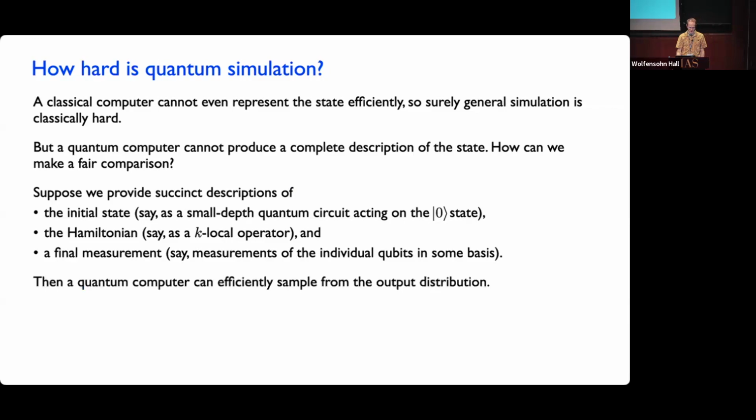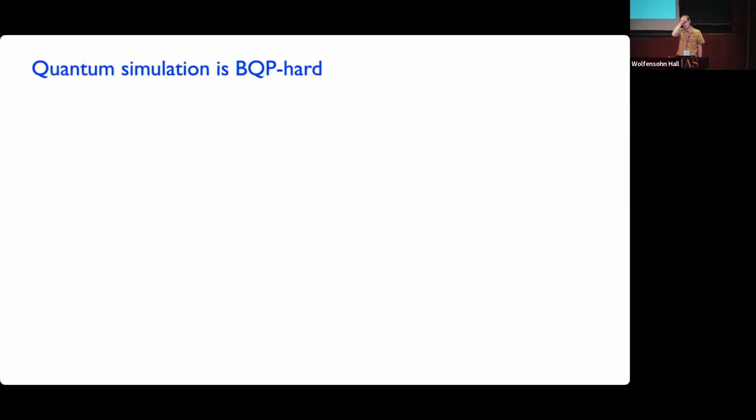a classical computer. So in this setting, a quantum computer, of course, can still efficiently sample the output distribution, right? It can prepare the initial state, it can perform a measurement on the final state, and then it can sample from this distribution. And so we can ask, how hard is this for a classical computer? And the answer is, it's hard as long as you believe that there's anything a quantum computer can do that a classical computer cannot. Right? So if there's any problem that has quantum speedup at all, then this problem is a hard problem for a classical computer. Because this quantum simulation problem is what we call BQP-hard, it's a problem which is as hard as anything that a quantum computer can do efficiently.